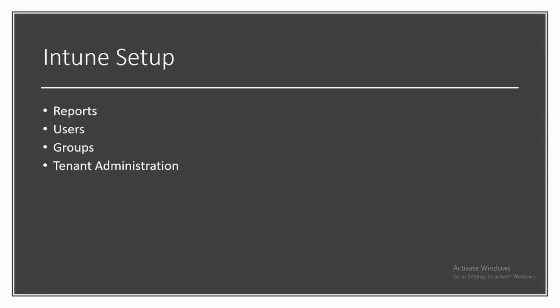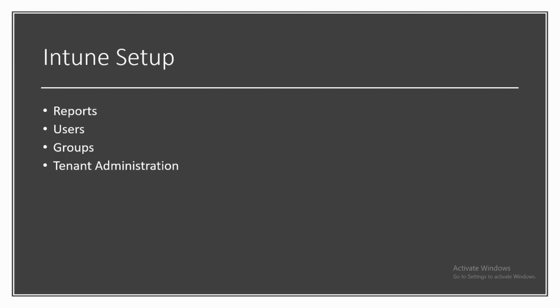And for groups, you can have a review on access. You can create a group, and for example, for a new admin to review what kind of access is given for this MEM console, you can review the complete access over here. And if you want to revoke or add additional access, you can do it under groups. And under tenant administration, you can view and monitor the complete tenant status, and there are some connectors you can integrate with this MEM console for centralized administration.